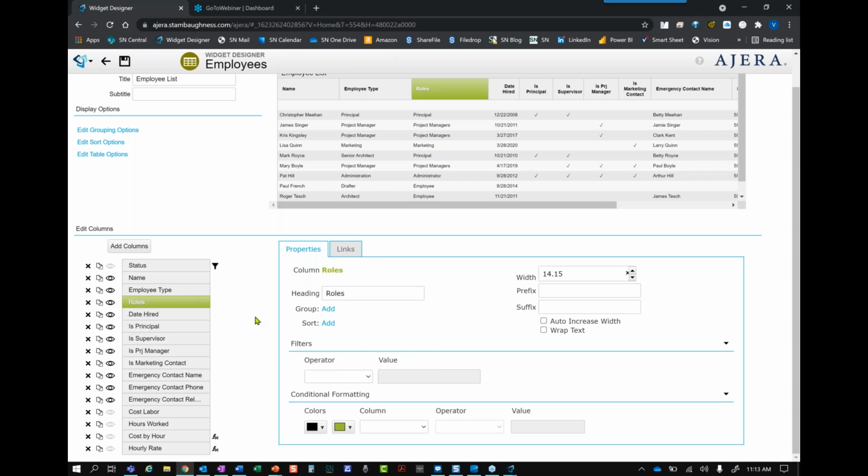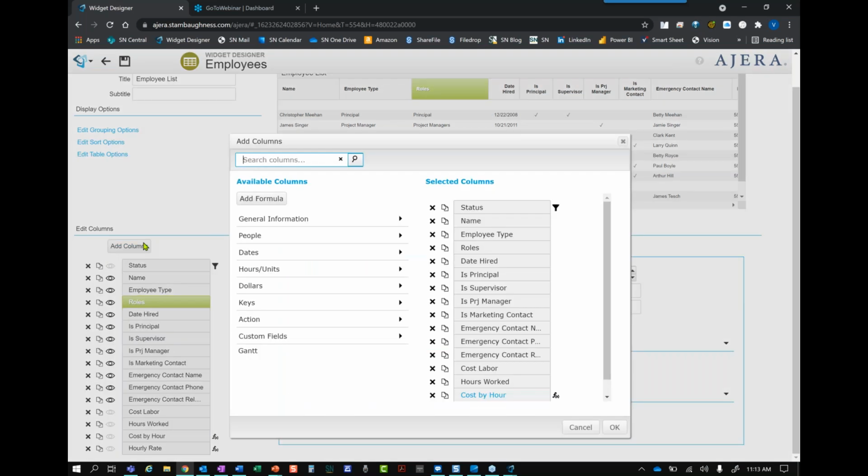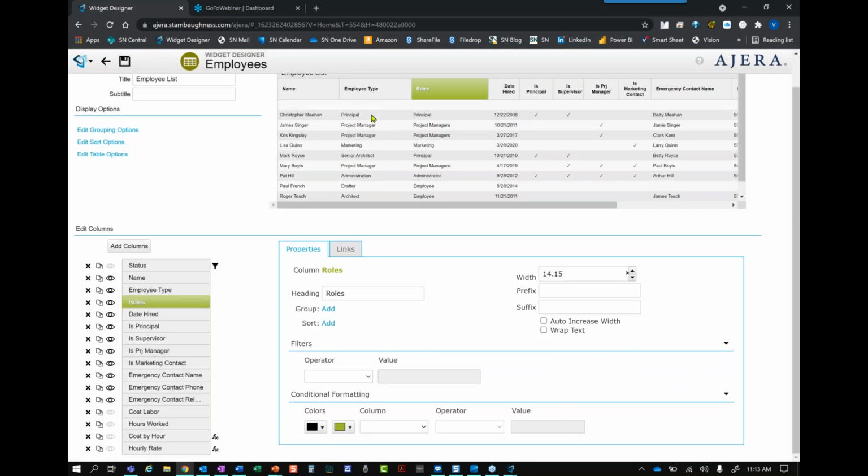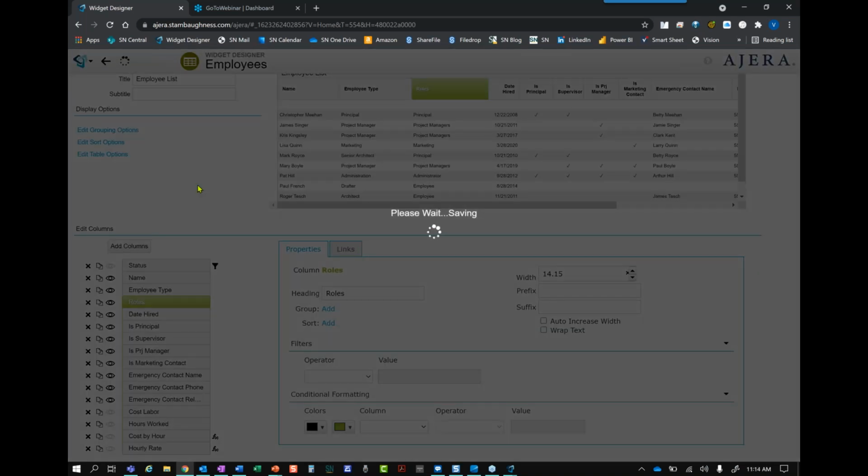So you can go into design mode, Susan, and just add a column and search for role, and it will come up. And then once you've added it, you can drag it to any position that you want. And I highly recommend you all do that. It's super, super helpful to be able to see that and kind of do that audit regularly to make sure we have people in the right roles.